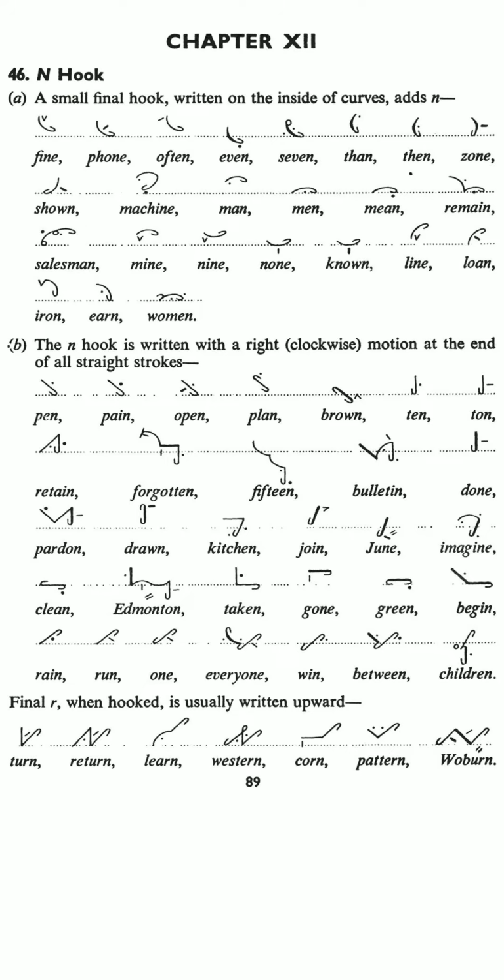As in pen, P on the line with n hook, light dot on the second place of P after it। Pen, same outline, only क्या, a heavy dot on the second place of P after it। Open, same outline है, heavy dash on the second place of P before it, light dot on the second place of P after it। Plan, P with L hook with n hook above the line, light dot on the first place of P after it।